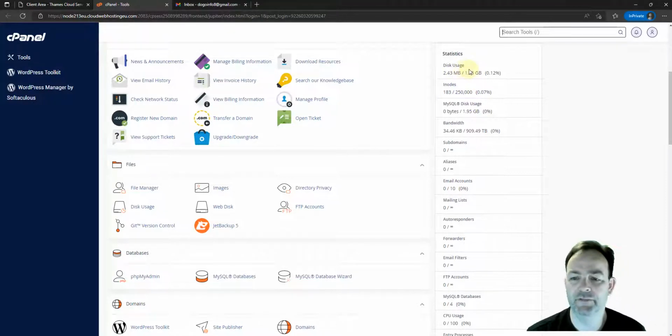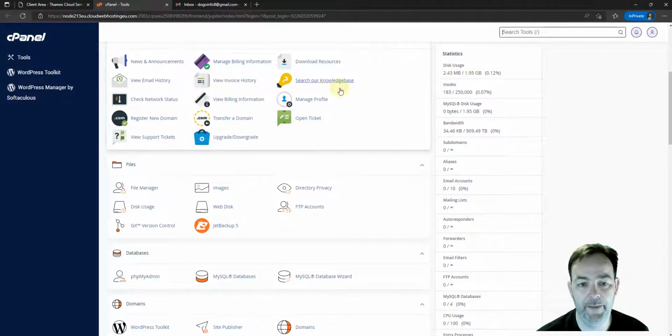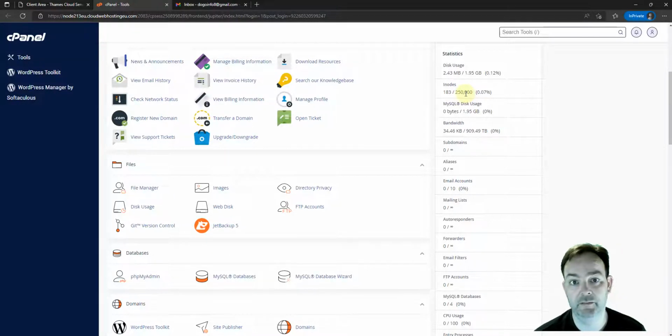Disk usage is basically storage, which, if you're going to set up a blog with this package, you get 2 gigabytes of data. You're never going to come close to that amount of data. And it tells you here how much you're using at the moment. Inodes, you can see that as a file structure or files. And you can see here we're using 0.07% currently. Again, not really something you're going to max out